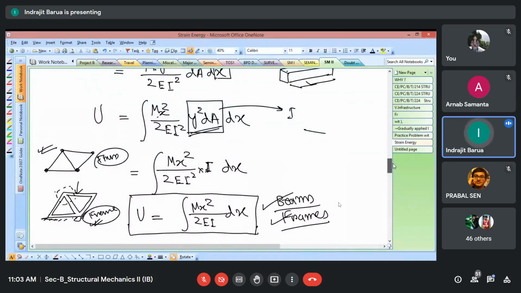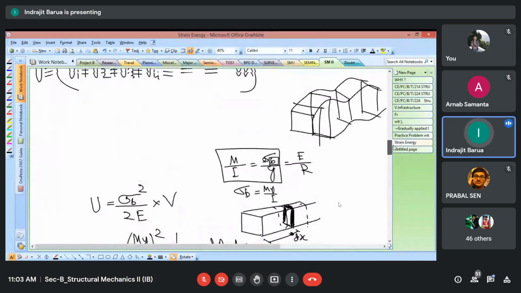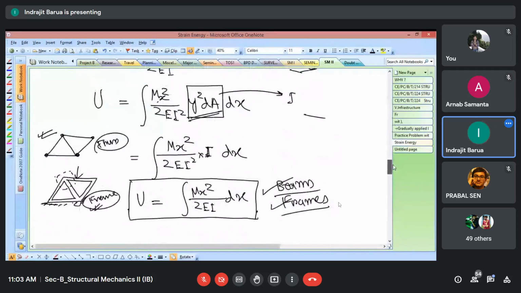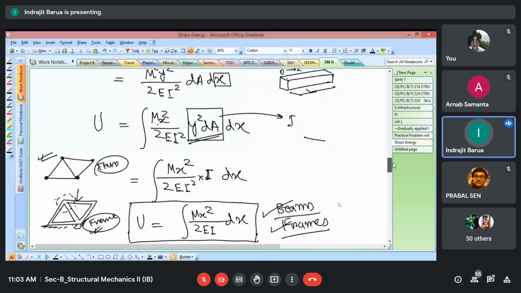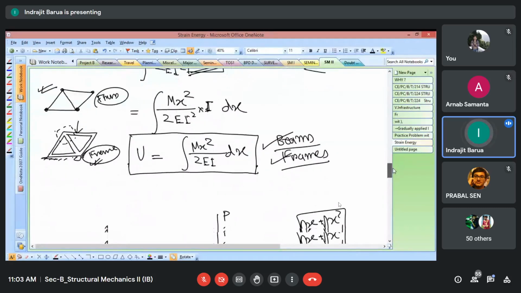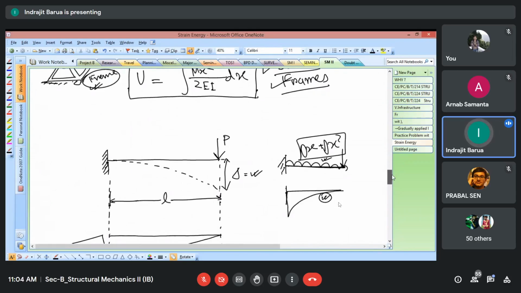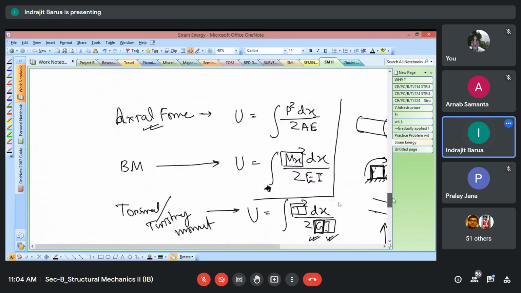With respect to that, we have seen that there are a few equations. First, for axial loading, we got one equation. Then we got one for bending, which we will be using for beams and frames, because there we will be getting variable bending throughout the span. In axial loading, we are not getting that. Here it is varying, so we will be integrating it and adding it together. Whenever something is variable, you just need to add it. If that is too much, you just need to do the integration. Otherwise, you can use the direct expression.